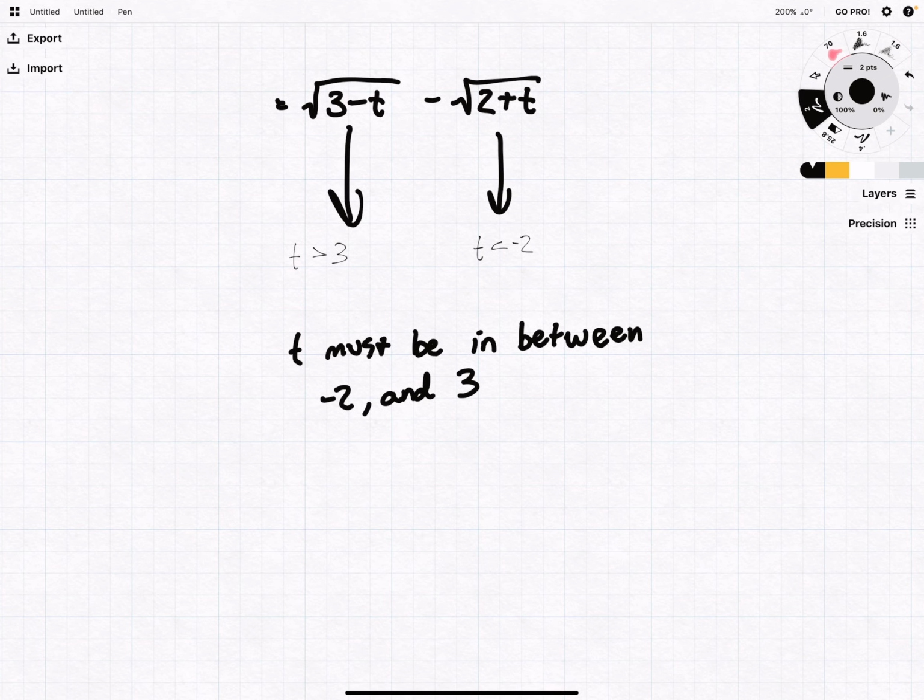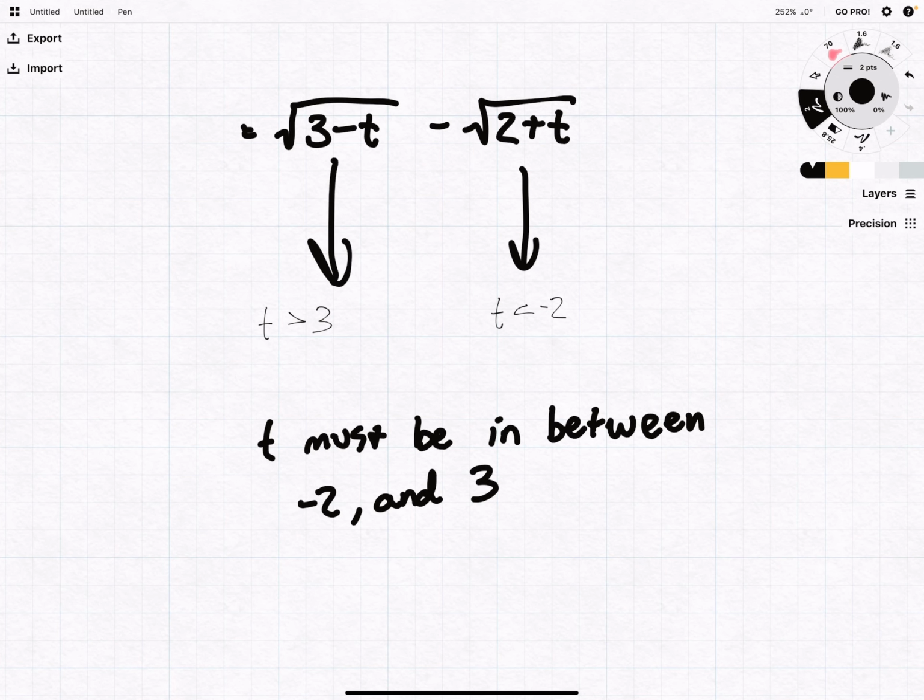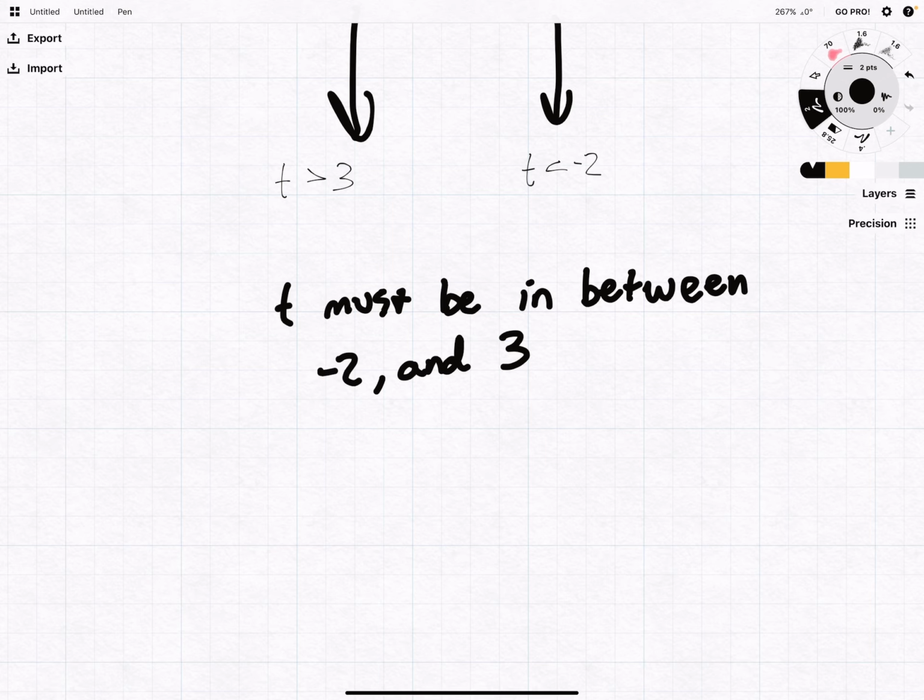Well, what's most important when we write it is we need to check and see if t is allowed to equal negative 2 or positive 3. And it is, because if you have a 0 under the square root, that's okay. That's just going to be equal to 0. So what we'll have is we'll write domain,